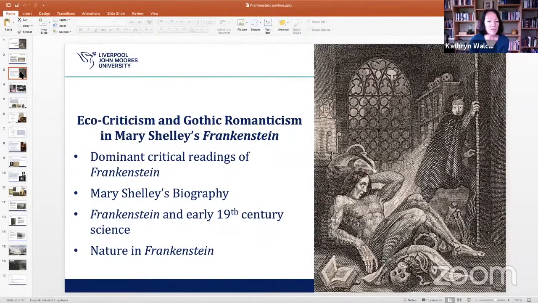So I'm going to think about some of the dominant critical readings of Frankenstein, so some of those important topics. I'm going to briefly talk about Mary Shelley's biography and how that's had an impact on the way that we've thought about Frankenstein over the centuries. Then I'm going to be thinking about Frankenstein in terms of its historical context of the early 19th century and what was happening in science in that period. And then I'm going to be more closely looking at nature and the environment in Frankenstein and how it appears as a motif, how it informs the characterization and the plot. Okay,